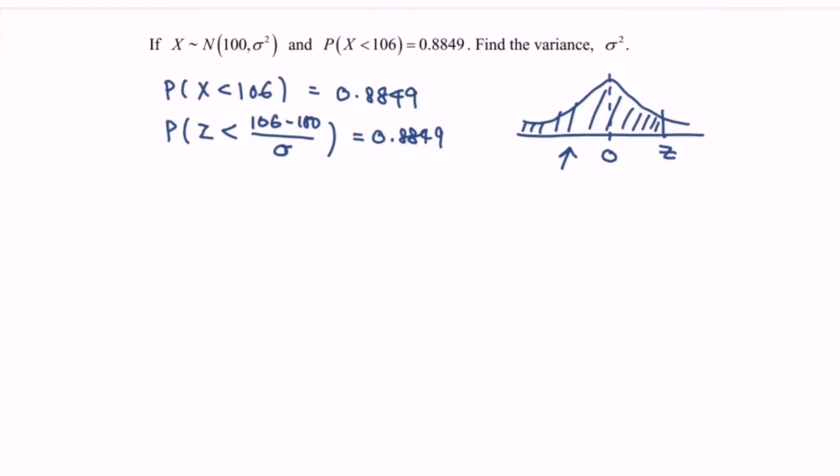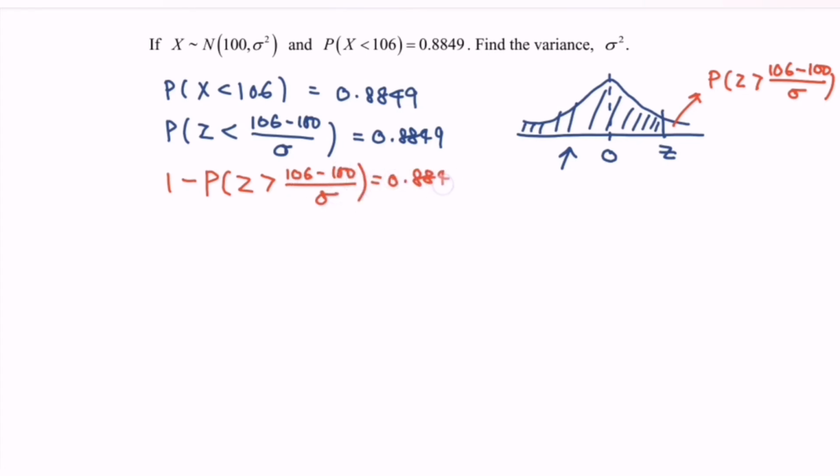So now what we have to do is rewrite the situation so that we can express z as greater than the value given. So here we have 1 minus this portion, where we have the probability that z is greater than 106 minus 100 over the standard deviation. So rewrite the situation: the probability that z is greater than 106 minus 100 over the standard deviation equals 1 minus